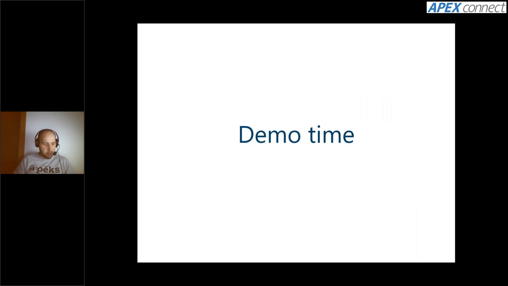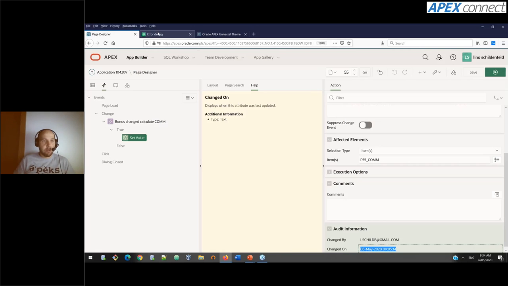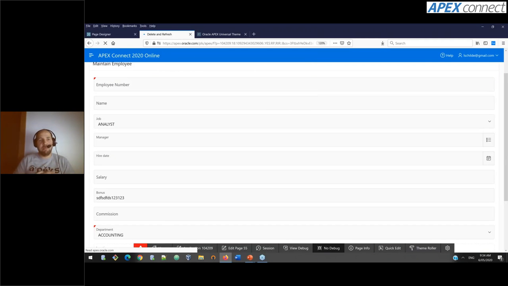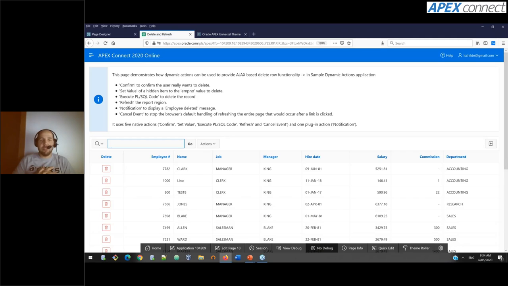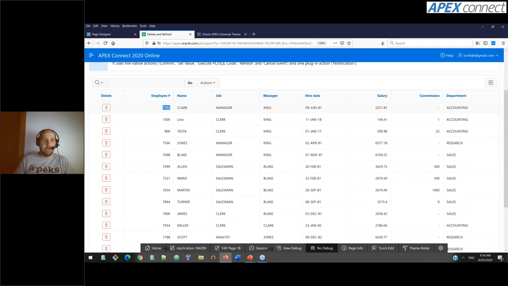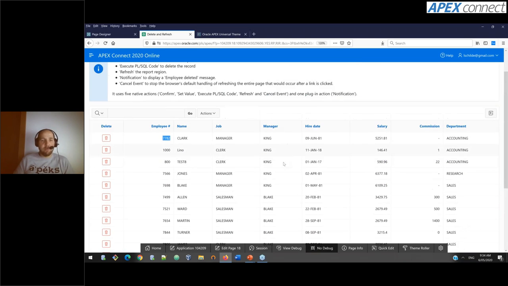Okay, going back to my demos page. Perfect. What I prepared here is the most common example that you're going to see. It's even part of the simple dynamic action application as well. We have a report, and instead of having a pop-up, you would usually click on the employee number, you would get a pop-up form, you would delete on that form. But what if